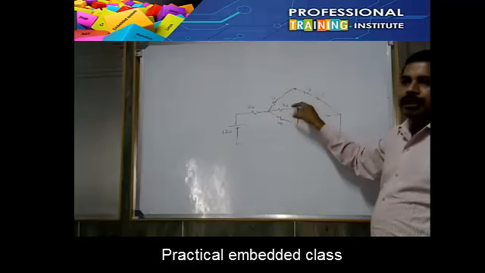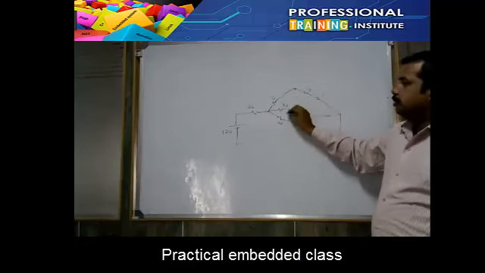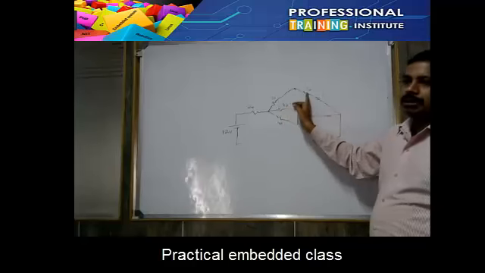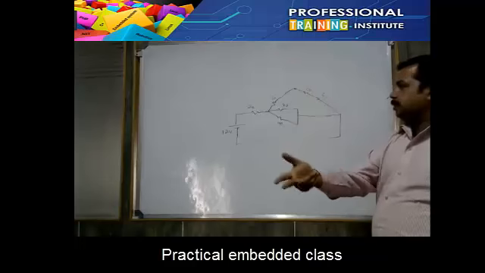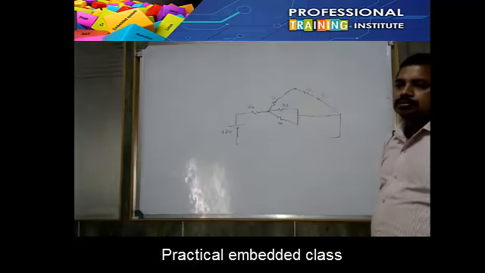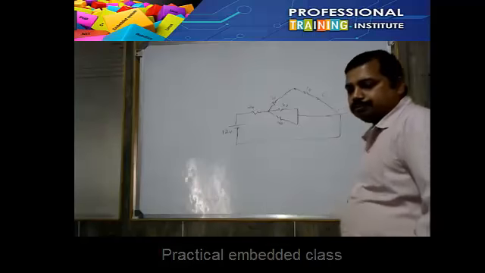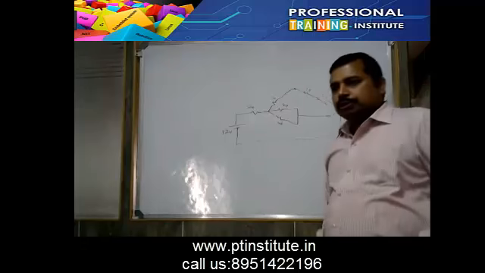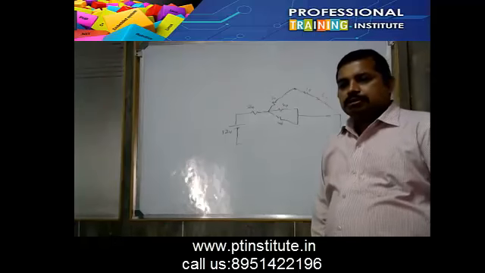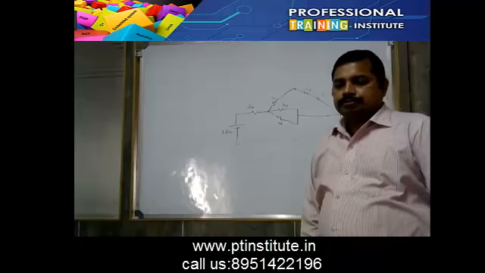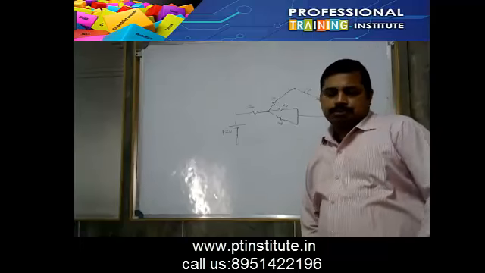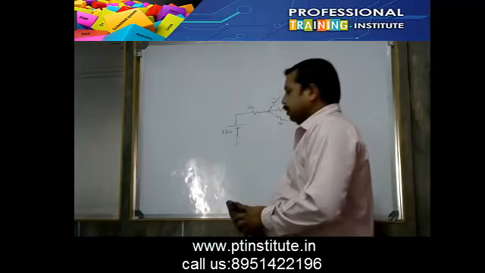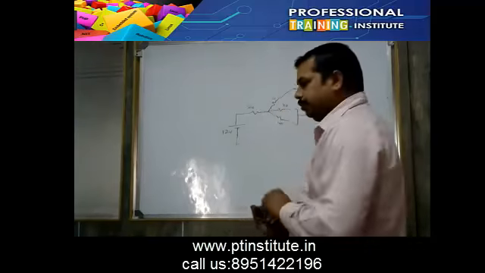Now you have three branches. How to solve it? Convert these two into one branch, and this will be one branch. Then it will become the same as the old question. Solve quickly. Then both got the same answer. You also got the same? Same. Okay. Good. So one more thing we will do, and then I'll ask a few questions.